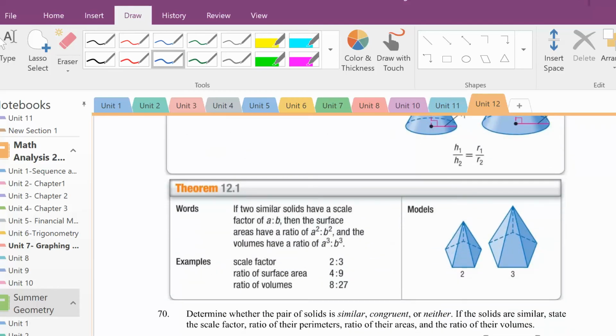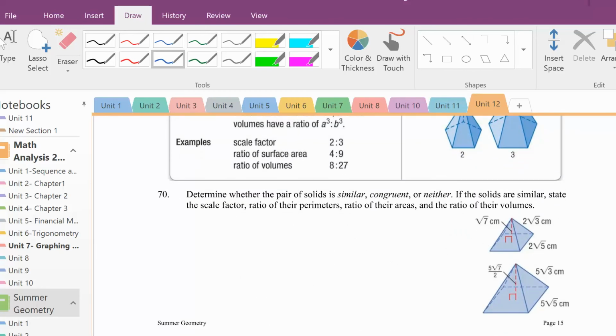So here are some things to keep in mind. If the solids are similar, they have a scale factor of A to B. The surface areas have a ratio of the square of the scale factor, and the volumes have a ratio of the cube of the scale factor. So, for example,